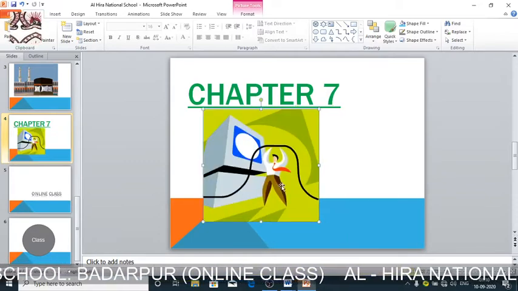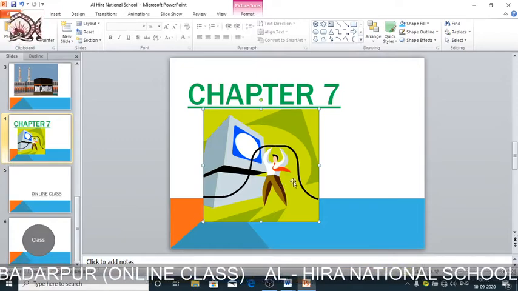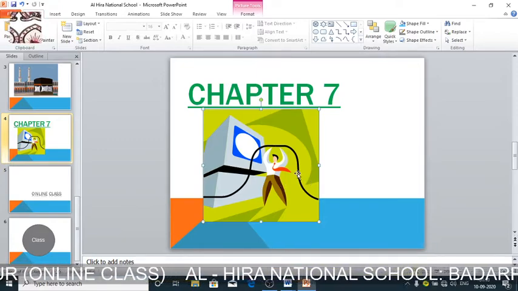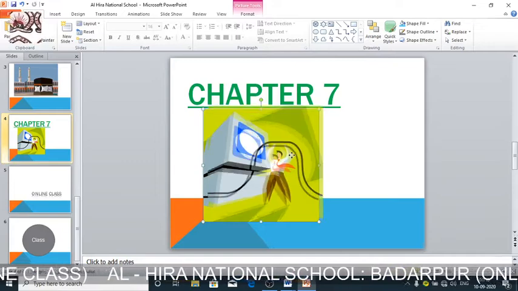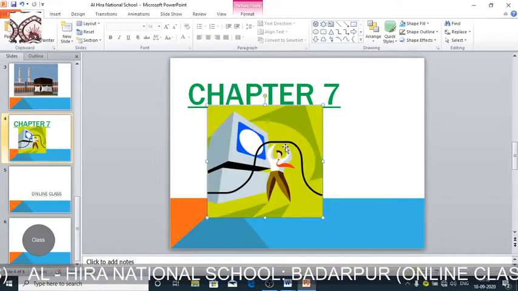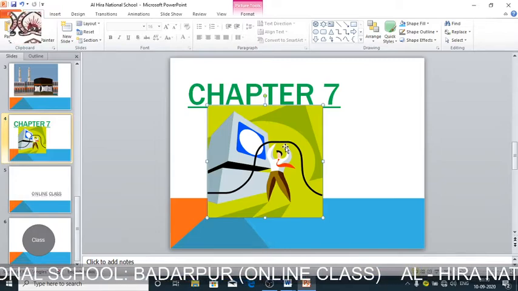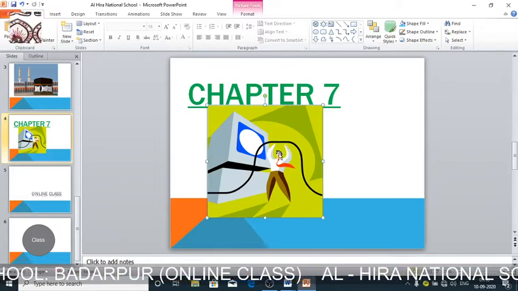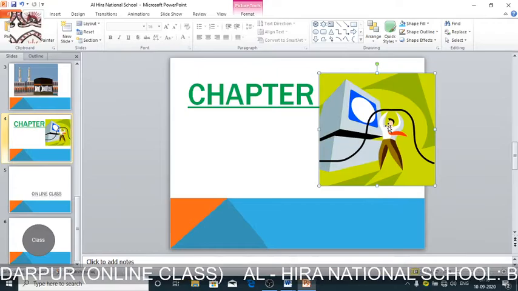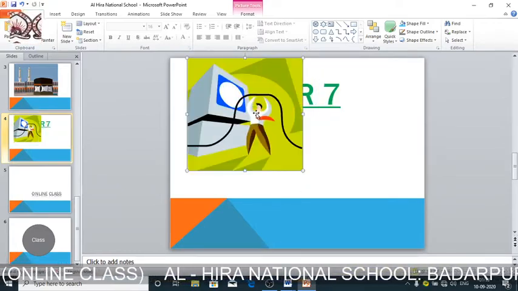So how can you move an object? We move an object by clicking the object, and then with the help of the mouse pointer, pressing the left mouse button, and then dragging it. See, I'm dragging it. This is how I'm moving an object.